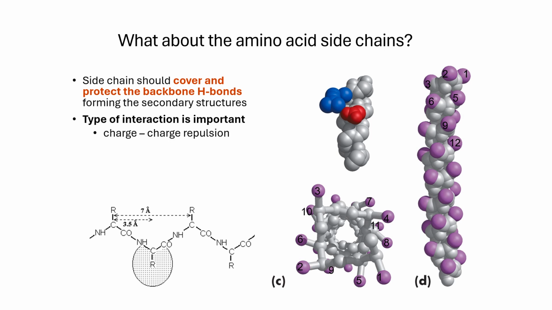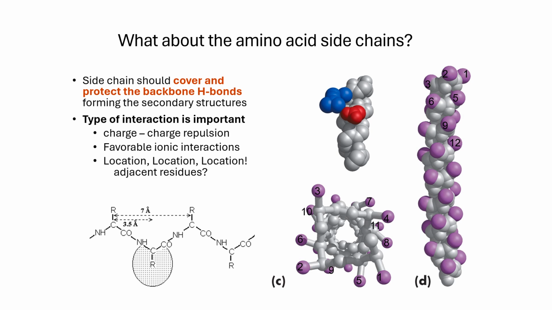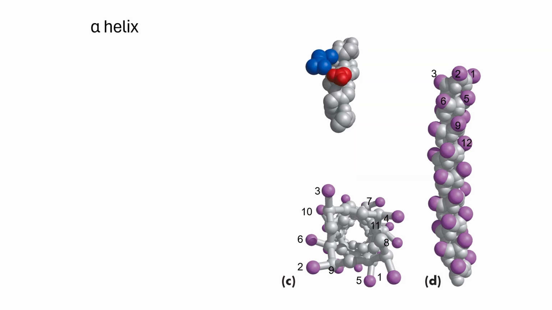Now, the types of interactions are important. There can be charge repulsion, favorable ionic interactions, and the location of all of these residues is very important. Now, what's significant about this is our alpha helices. All of our amino acid residues are protruding outward